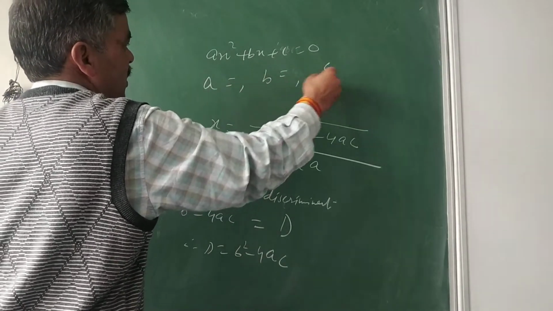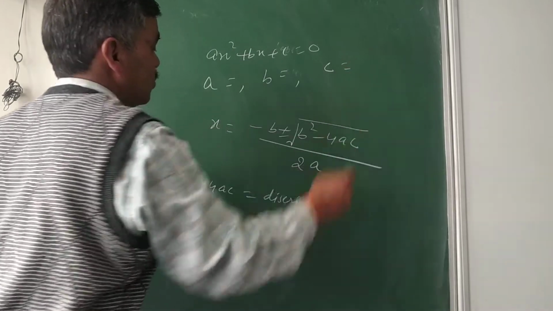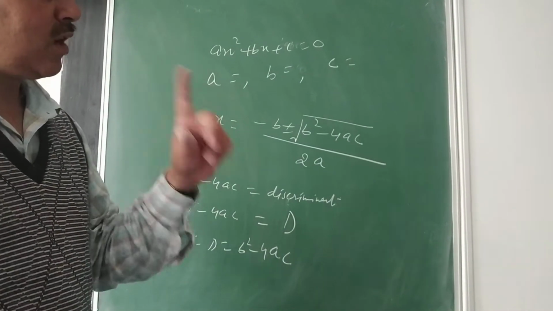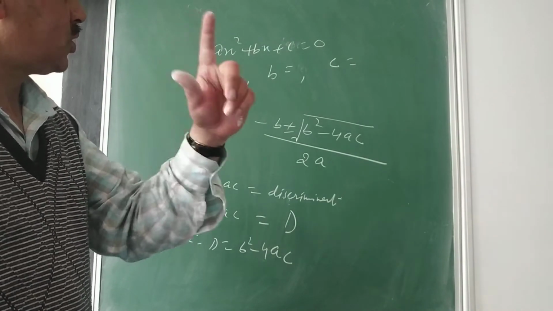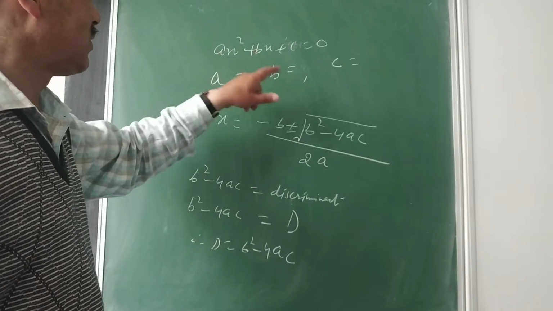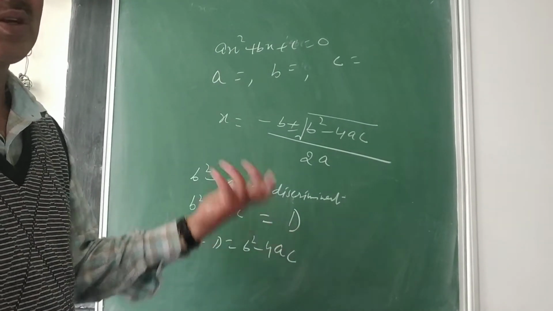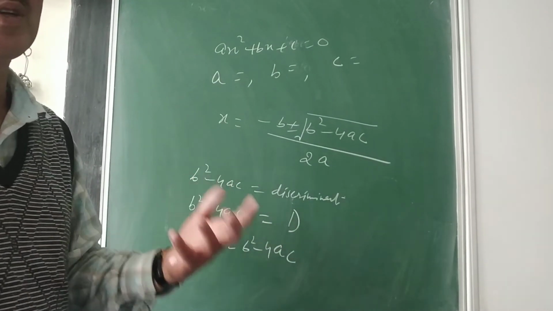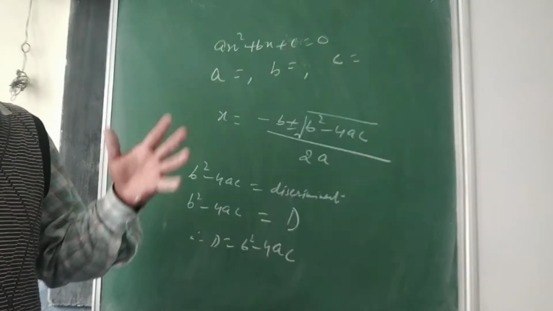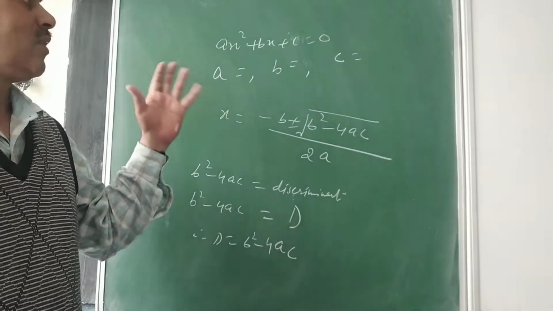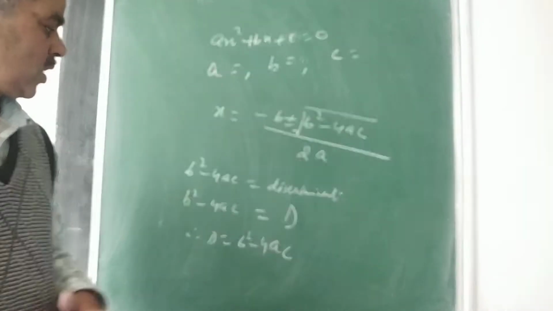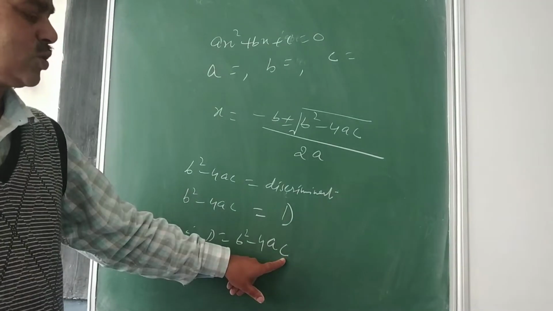Do this as in linear equations in two variables. I asked you to focus your attention upon a1, b1, c1, a2, b2, c2, because two equations were there. Here I am simply asking what is a, what is b and what is c. That you did in polynomials also, where there was a quadratic polynomial and we verified the zeros with respect to its coefficients. The sum and product always depended upon a, b and c. Same task we are doing here also, and then you substitute those values here.